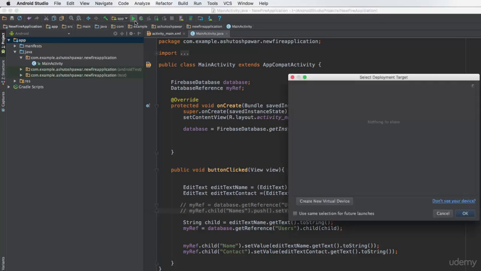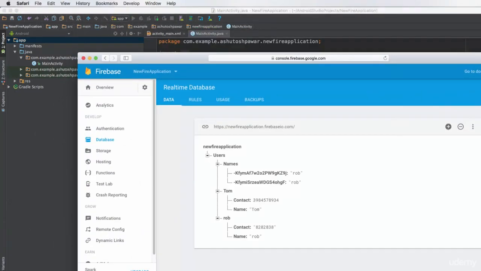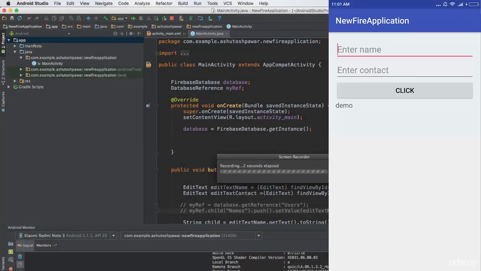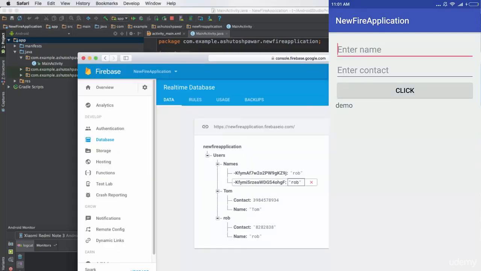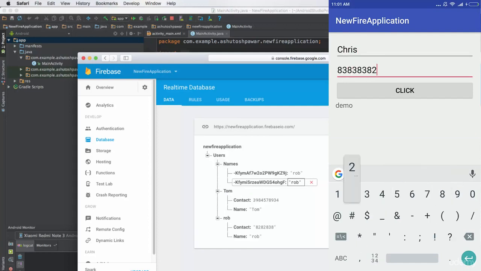So I'm going to again run this application and see if it works, and this time I'm sure that it will work. I actually almost forgot to delete that code from the previous lecture. And let me just record my screen again, and let's add a new entry this time, and let's say we have Chris this time, and let's say the contact number is some other value. So when I hit click,